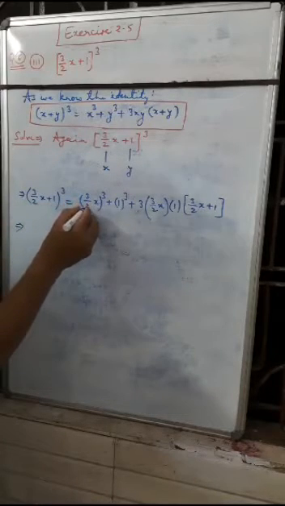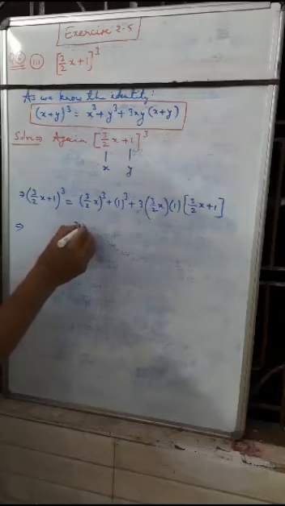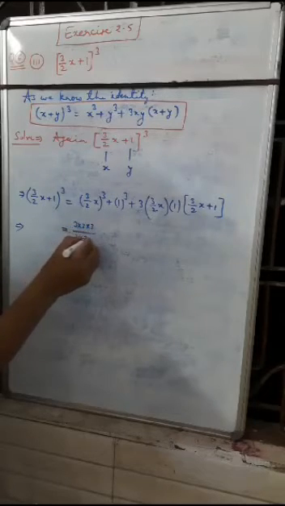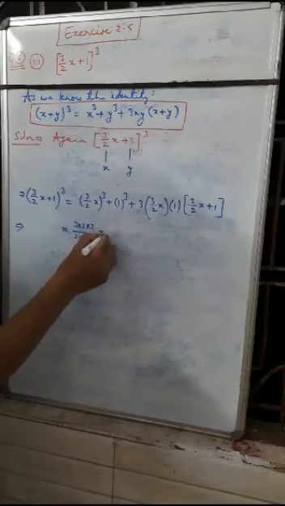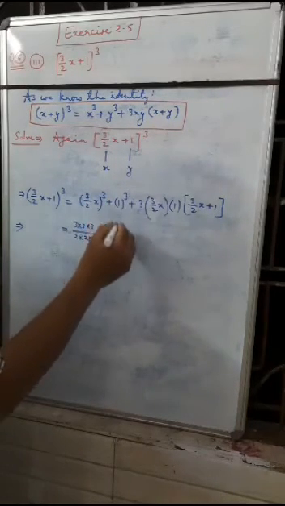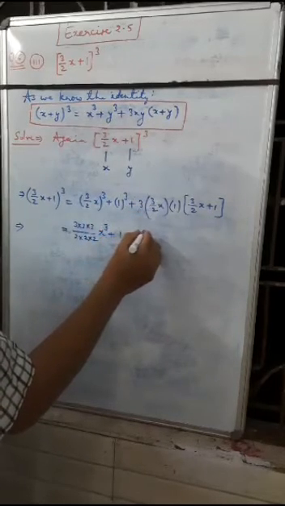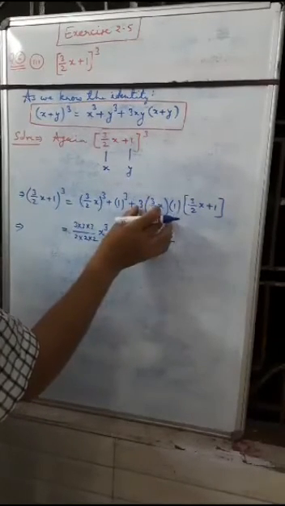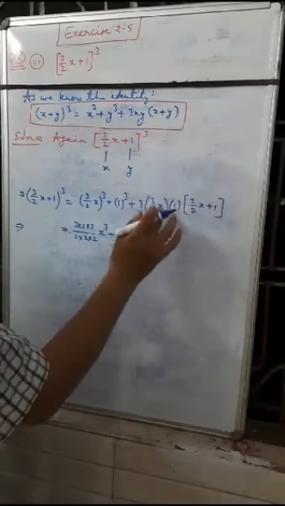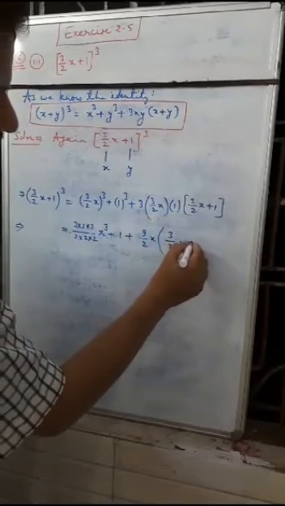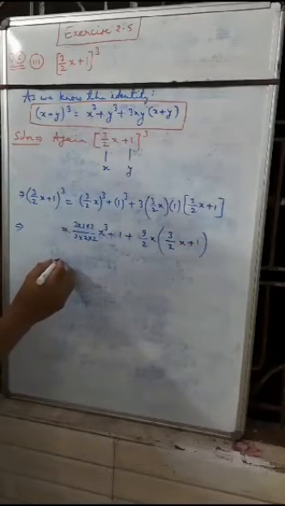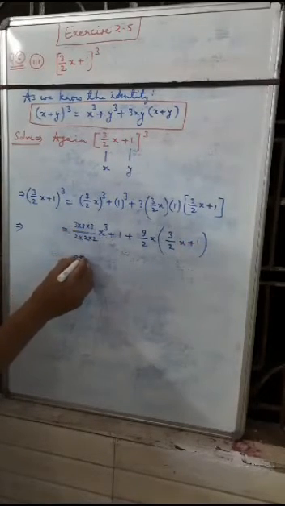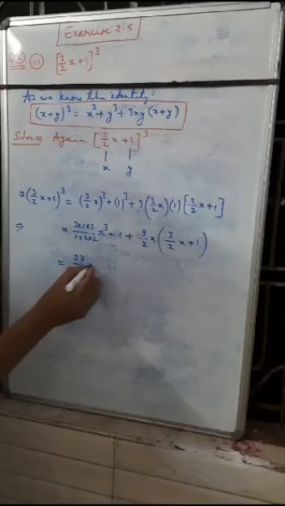Now we will solve the question in the next step. 3 by 2 whole cube means 3 into 3 into 3 upon 2 into 2 into 2, and x to the power cube. It will become x cube. And 1 to the power cube is always 1, and 3 3s are 9 by 2x, and we will write the bracket again. If you multiply with 1, nothing will change. 3 3s are 9 by 2x, and 3 by 2x plus 1. Again in the next step, 3 3s are 9, 3 9s are 27 upon 2 2s are 4, 2 4s are 8x cube.